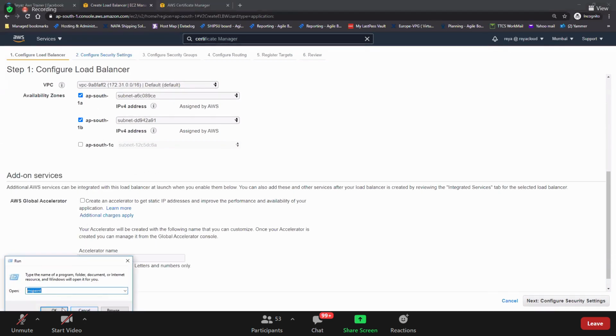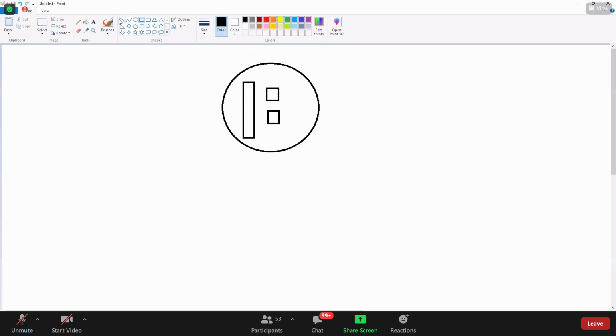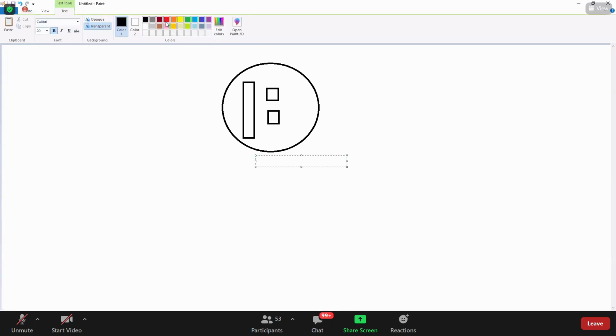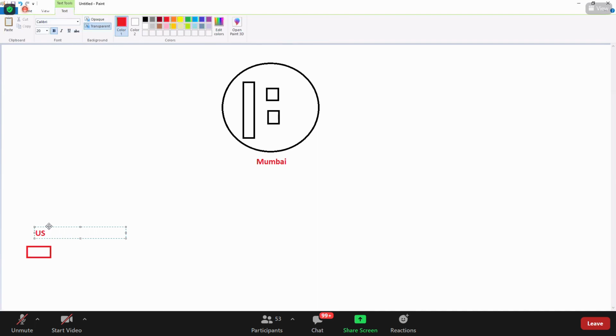So this would be like this. Basically, let's say you have the AWS, and then you have your load balancer over here, and then EC2 instances here. Okay. So this is in Mumbai. And guys, you are now sitting over here in US, in client location. You are in US in client location.